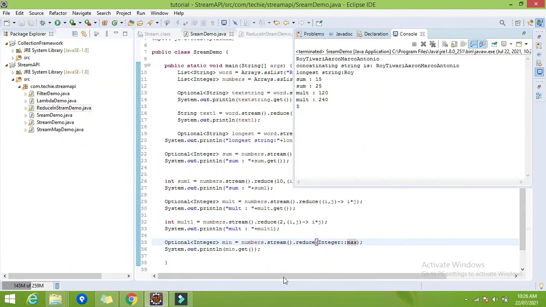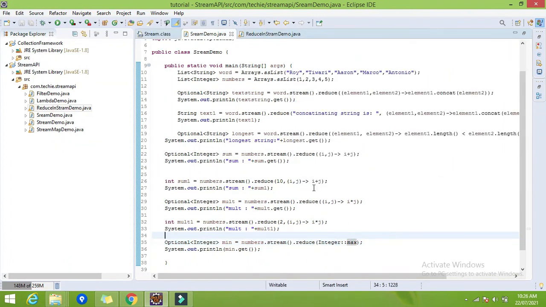It's a 5. So this is all about the reduce method in the stream API. So let me summarize. Reduce is nothing but the method which reduces all the elements of the stream into a single element. So that's it about the reduce method in the stream API.